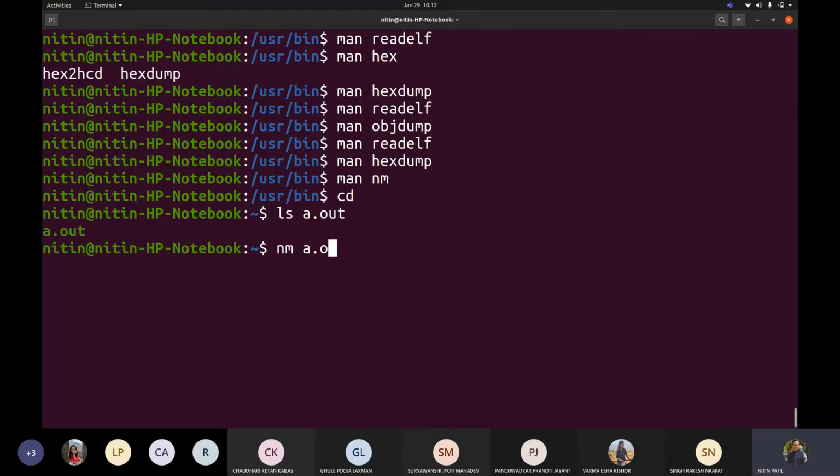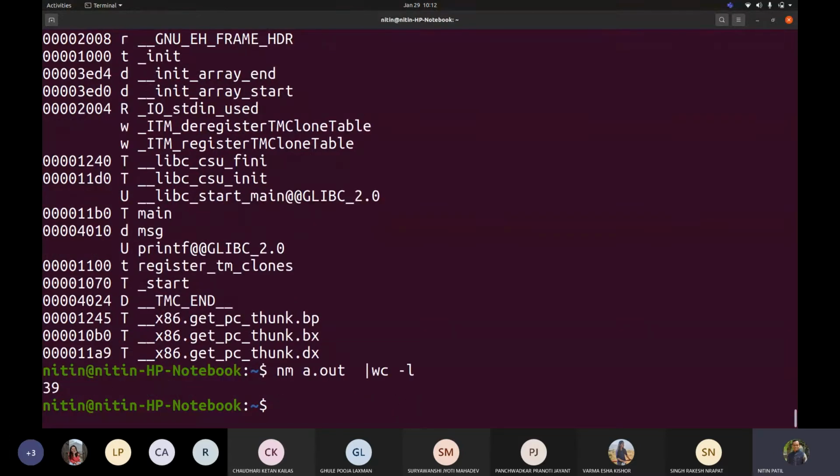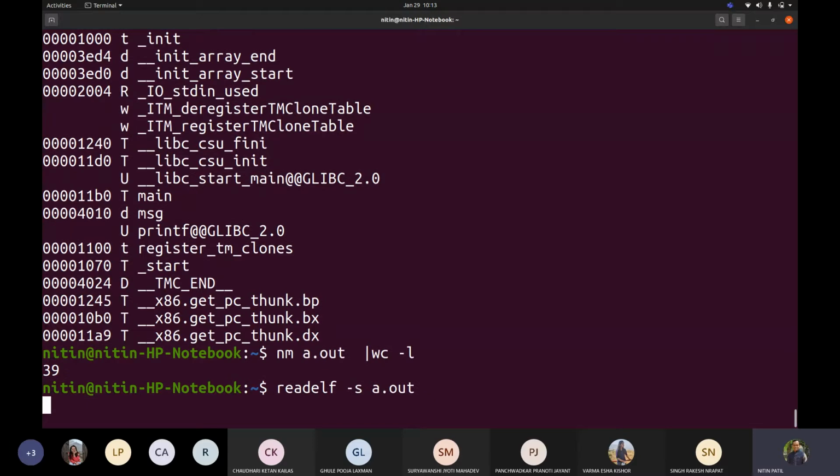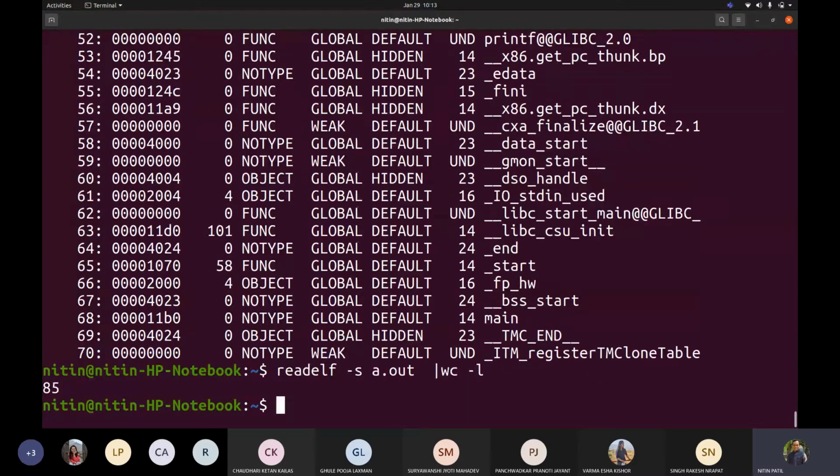If I write nm a.out, I get a set of symbols. If I count how many, it lists 39. Now if the same thing I do with readelf -s a.out and say wc -l, a few more are added.